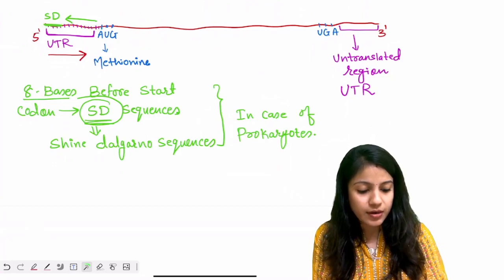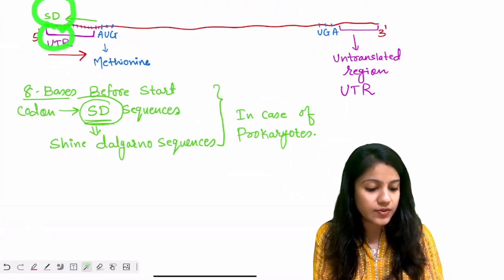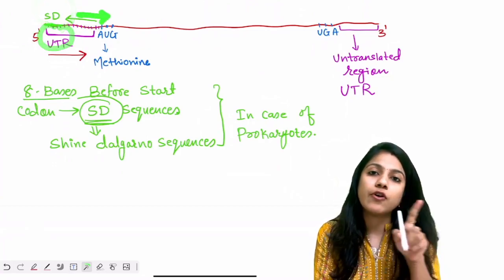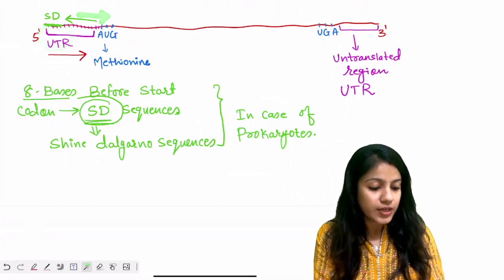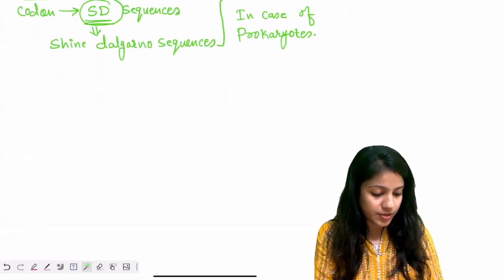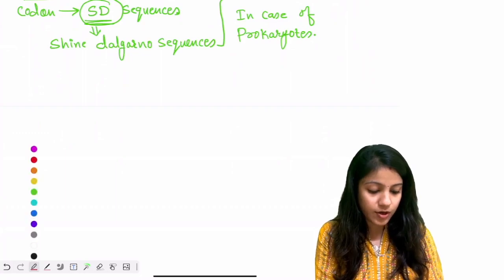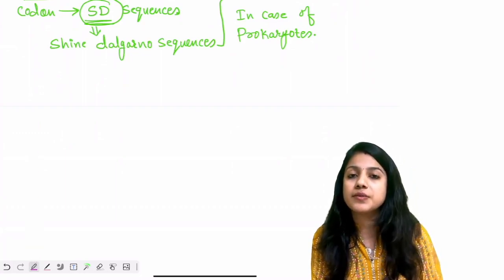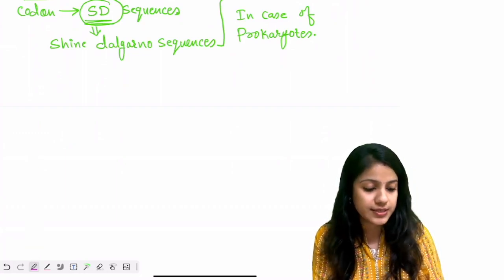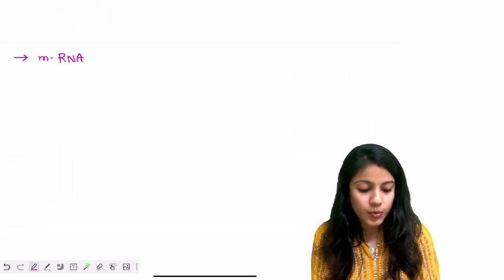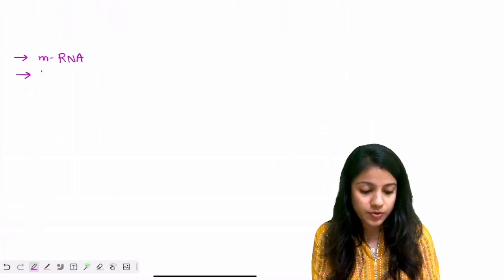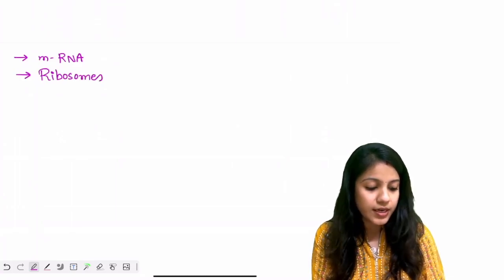Now ribosome will come over here, it will recognize and it will start moving in forward direction. Fine. So now for translation process, what is needed? What all things are needed for translation to get started? So we need mRNA. We need ribosomes. Correct? In case of prokaryotic organisms,